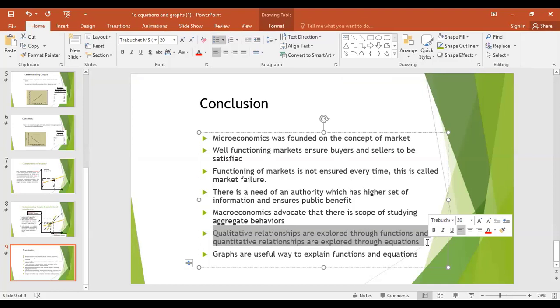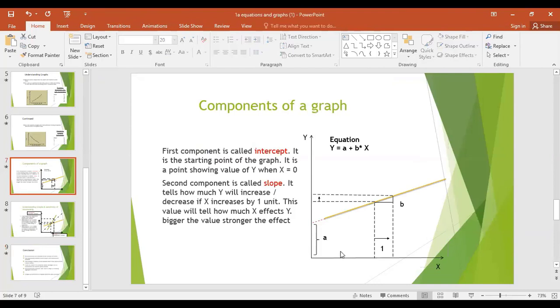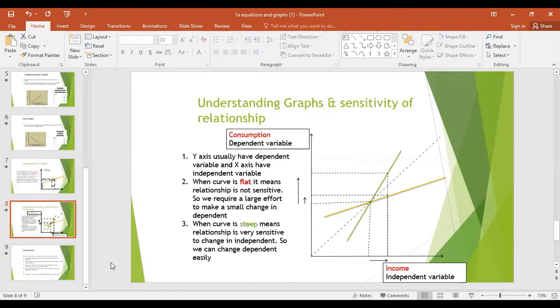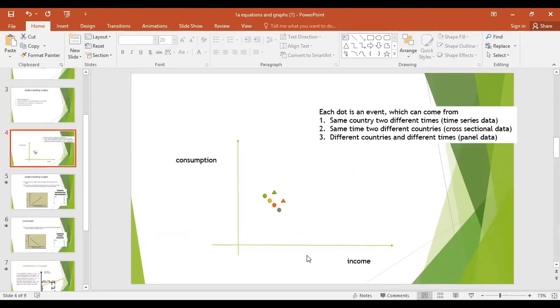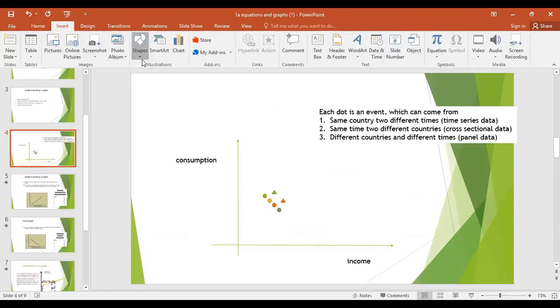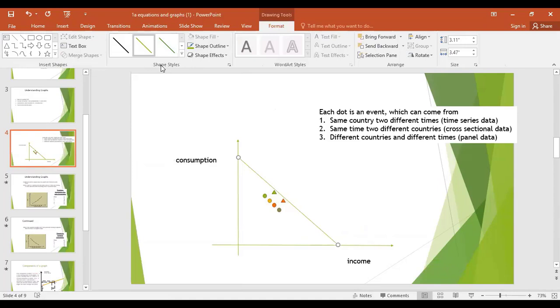Clear? Yes, sir. Okay, only one small point is left. I have explained the graph and the reference point for a positive slope. What is the reference point for a negative slope graph? If we are studying a negative slope graph, how will you define whether it's steep or flat? Its dotted line will be the isosceles triangle line. So let me show an example here. In this case, the dotted line will be somewhere here, like this. It will make a 45-degree angle here. So let me make it black.